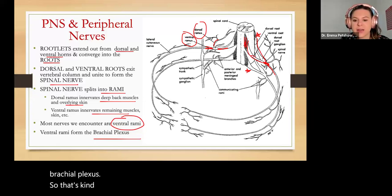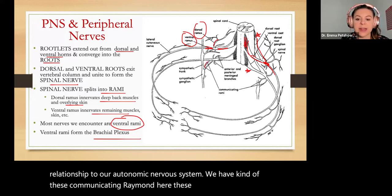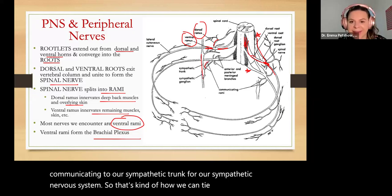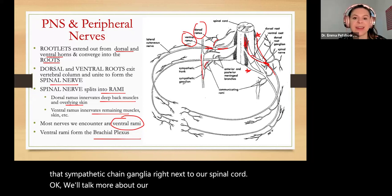We can also see here the relationship to our autonomic nervous system. We have these communicating rami here, these structures communicating to our sympathetic trunk for our sympathetic nervous system. So that's how we can tie that back into that sympathetic chain ganglia right next to our spinal cord. Okay. We'll talk more about our nervous system later on, but this is important for understanding innervation of the